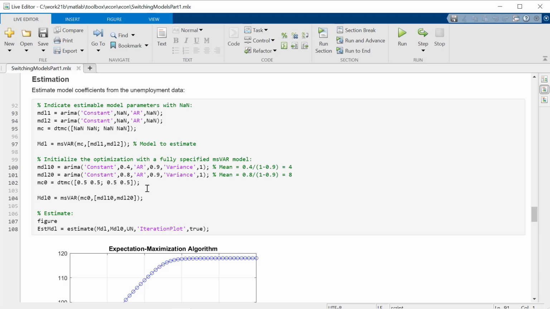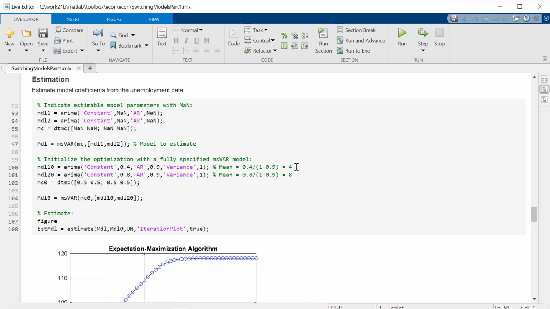And then to start the algorithm, which is an expectation maximization algorithm, we need to give initial values for the different parameters. These don't have to be anything accurate in terms of what we think the final result is going to be, but just starting points so the algorithm can get started. So we're going to have, say, 2 different constants here in the 2 different models. If you look at the constants and the AR1 terms, the autoregressive terms here, you can calculate the means in the standard way.